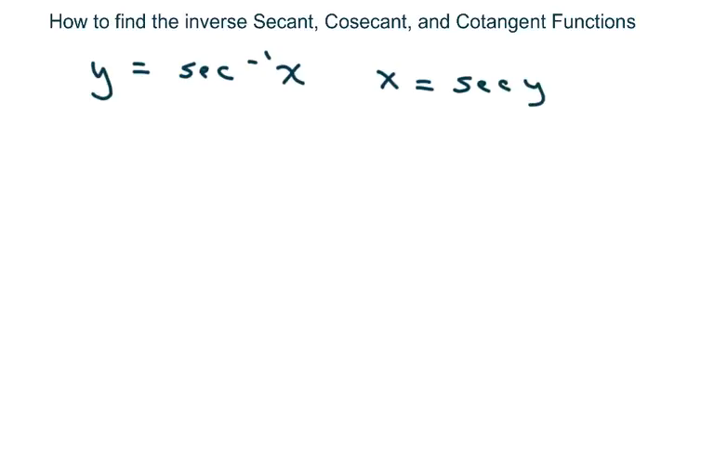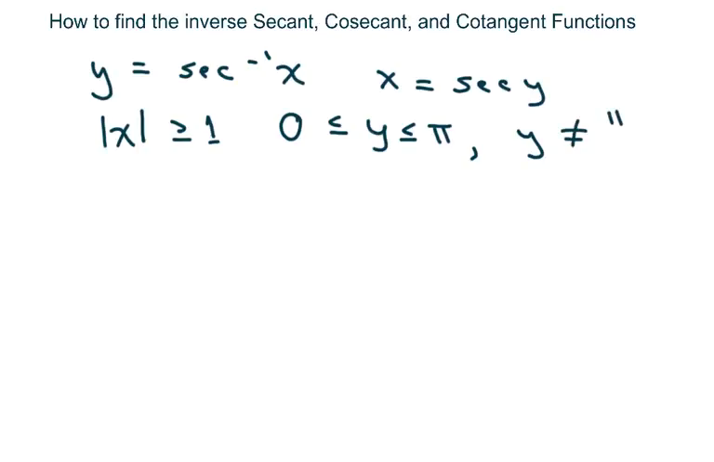And this is where the absolute value of x is greater than or equal to 1, and my restrictions in order to be a function is that my angle, or my y in this case, has to be between 0 and pi, while at the same time my angle, which we're calling y, cannot be pi over 2,